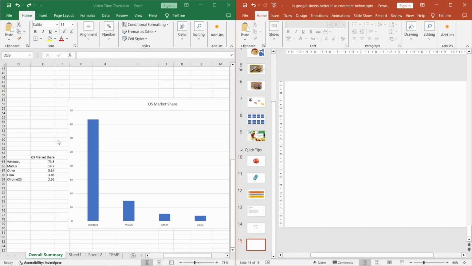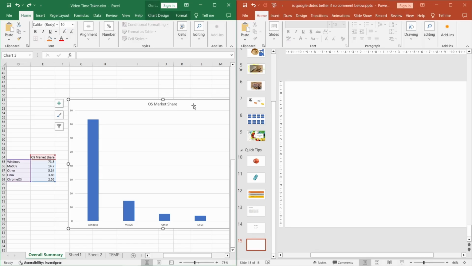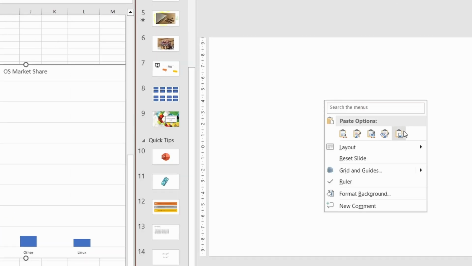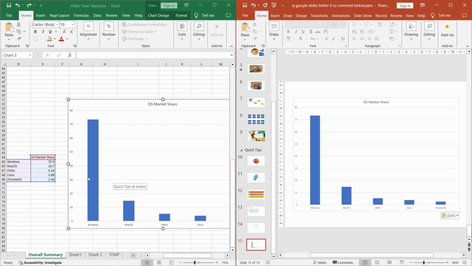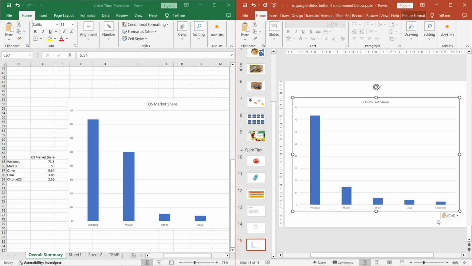If you need to copy and paste some information such as a chart into PowerPoint, as you can see here from this OS market share data, damn, macOS has climbed quite a bit recently. Anyway, if you decide to copy a chart across, people often just press Ctrl+C and V and hope for the best, or even worse is pasting as an image, which can definitely cause problems if the chart changes in the long term, which as you can see here, does not update accordingly in PowerPoint when the data is changed in